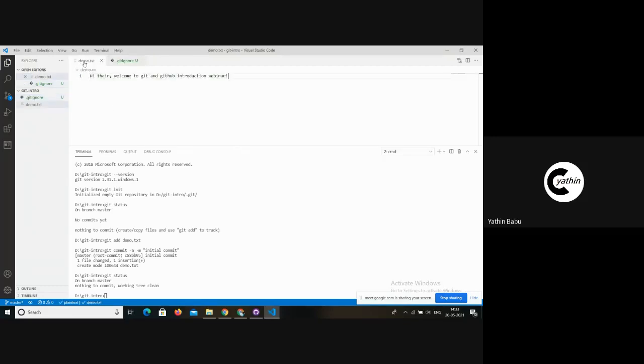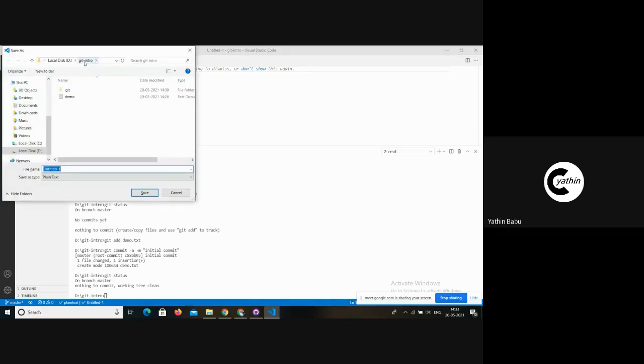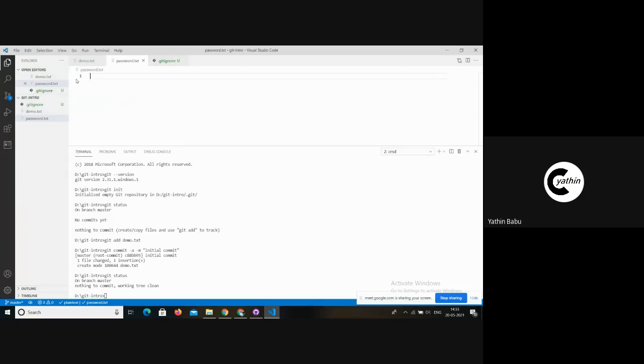So let me just create another file. I just created a text file called password. Let's say I have an email and a simple folder password. So now I don't want this password.txt file to be tracked by Git. So in order to do that, I just